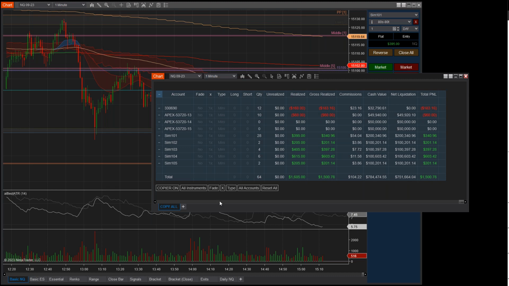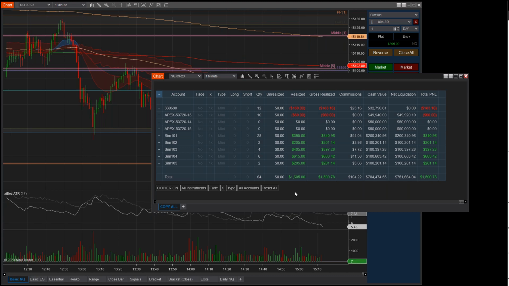You might think, how does this reduce stress? Well, the last thing you should be concerned about as a trader is making sure your accounts are in sync. If you're trading like Marcus Howard was saying, or as other presenters have said, where you want to copy your trades into multiple accounts, then you need to have a reliable trade copier.